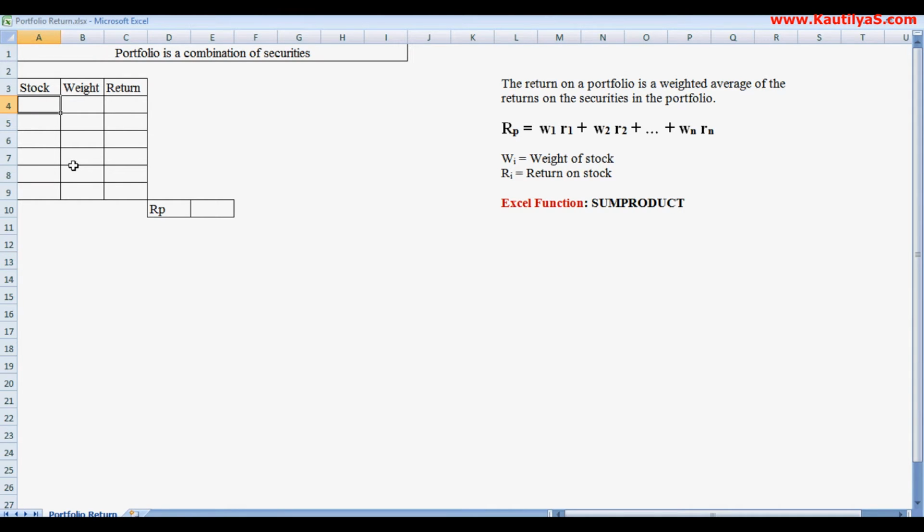Suppose we invested money in stocks like stock A, B, and so on. So we created a portfolio with 6 stocks and their weights: 0.1, that is 10%, 15%,